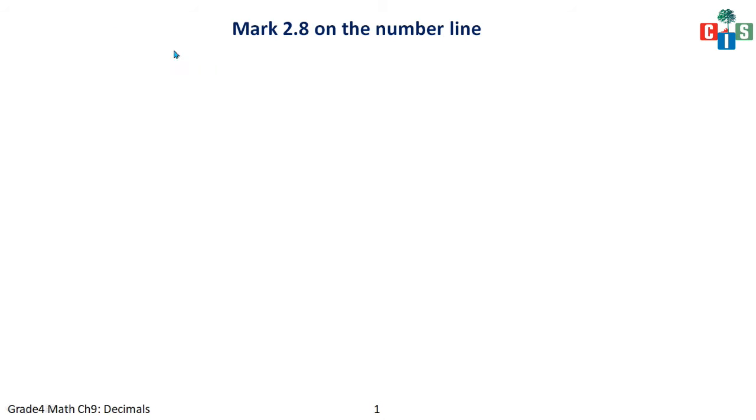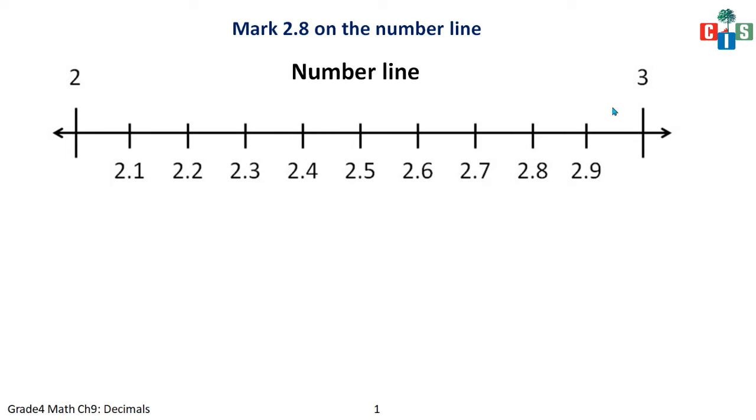Now 2.8, you can see that the decimal is there. Before the decimal you have the whole part, which means 2 is whole, and after the decimal you have small parts. That means 2 whole and 8 small parts. This point will lie somewhere between 2 and 3 because it is more than 2 and not complete 3. So I will have a number line between 2 and 3 divided into 10 equal parts, and each division or each part represents 1 by 10, that is 0.1.